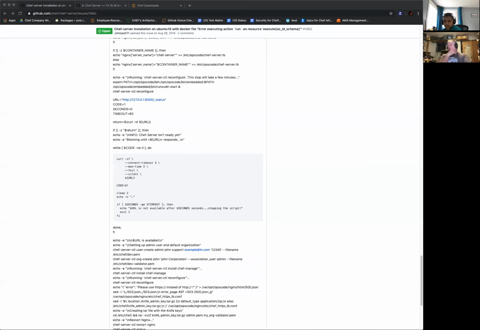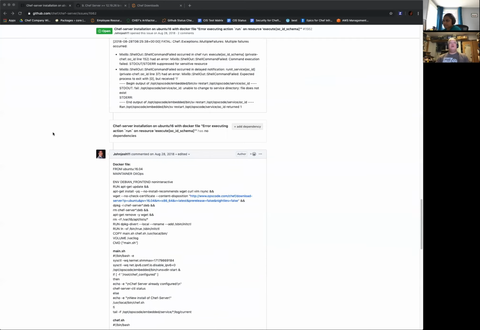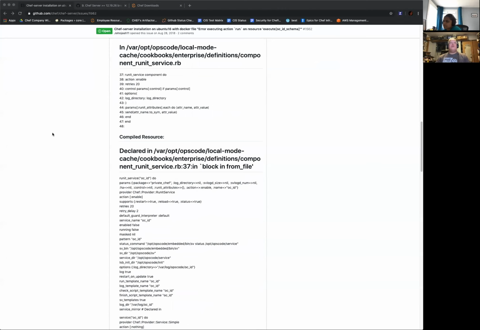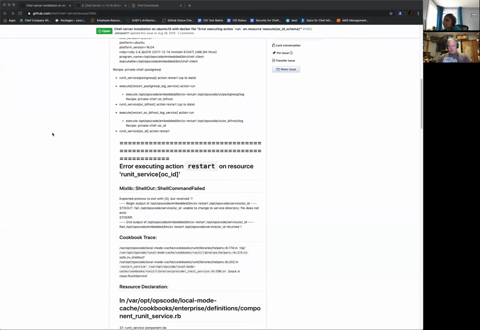We don't really support Chef server on Docker. I'm not familiar with this. There's someone's Chef with Docker repo that was referenced at the start of this ticket. Is it 1562 we're looking at? Yes, 1562.